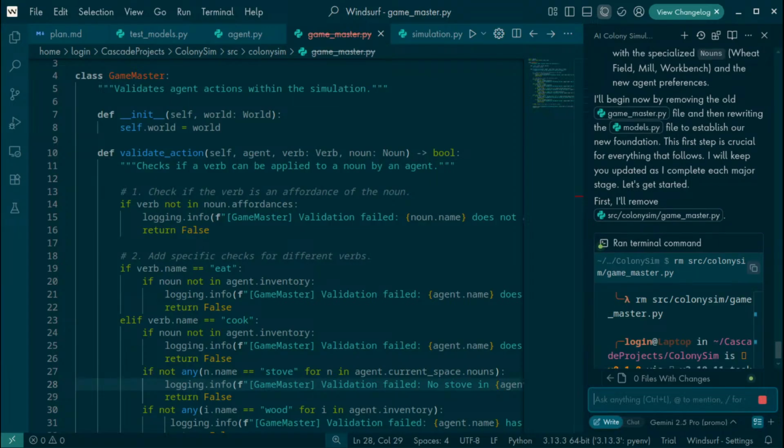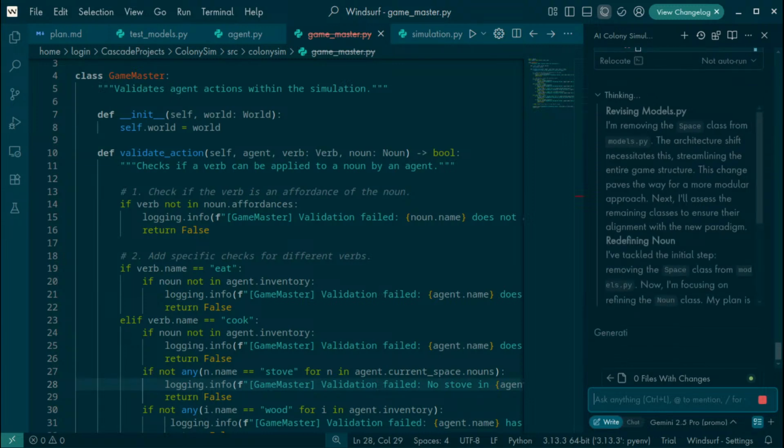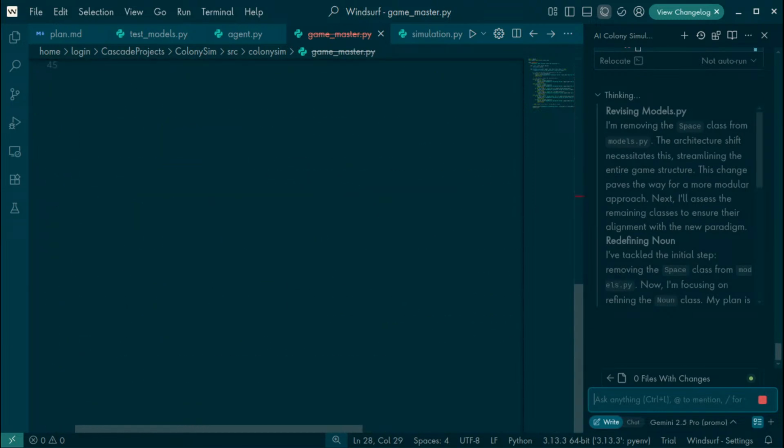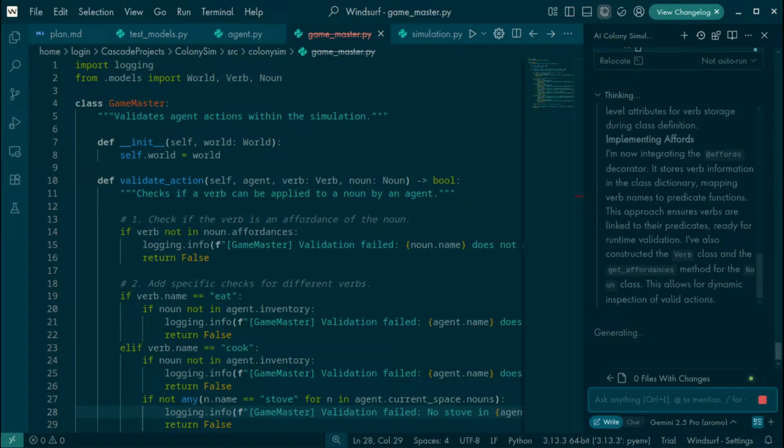Wait, okay. I'm not sure it was right to just go and delete that, but okay. Yeah, he is kind of losing sight of the big picture, but let's see what he does. Because the Game Master existed for a reason, it's just not the reason that he built it for. But we'll see.